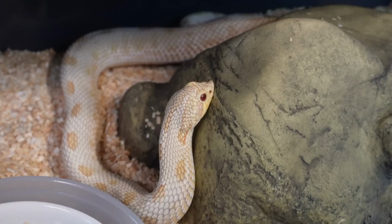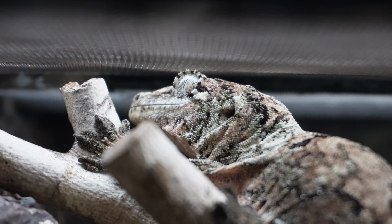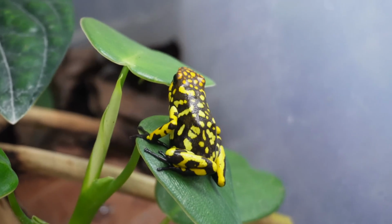Before we get straight into the reptile room tour, I did want to let you guys know that this is a large room. It is maintained by both myself and my girlfriend. Bree and I have a business together called the Jungle Vault. If you guys are interested in hognose, Chahoua, maybe some frogs, that kind of deal,